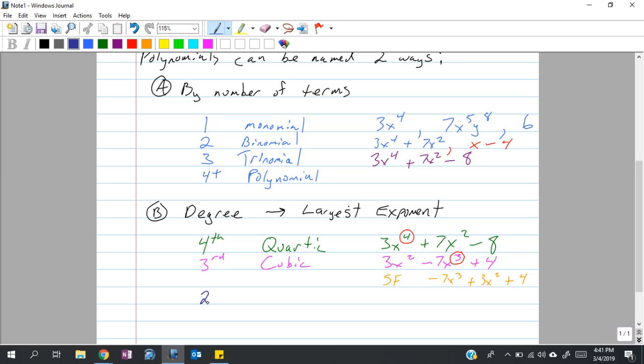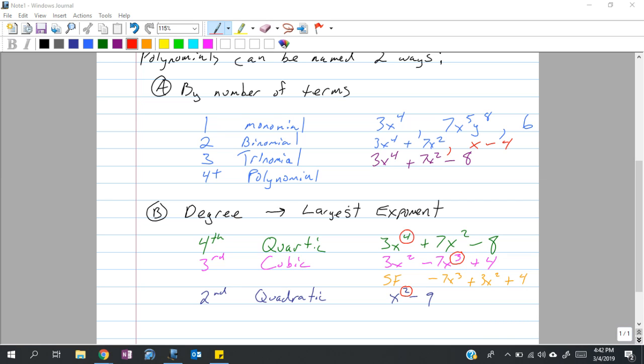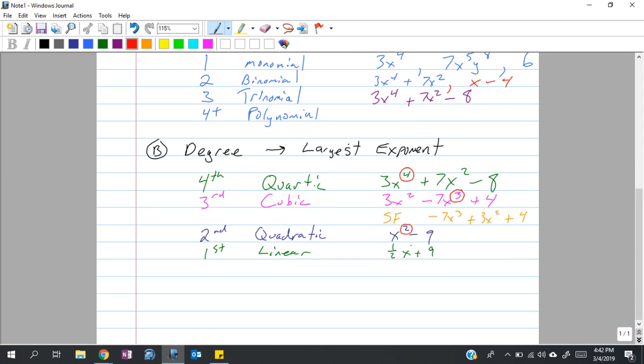Let's keep going. To the second degree. The second degree is called a quadratic. So an example of this might be x squared minus 9. The degree, the largest exponent, is the 2. There's 2 more here. We have the first degree. That is going to be linear. And that is something like 1/2 x plus 9. Even though the exponent's not there, if there's nothing there, there is a 1 there. And the last one is 0 degree. And that would be a